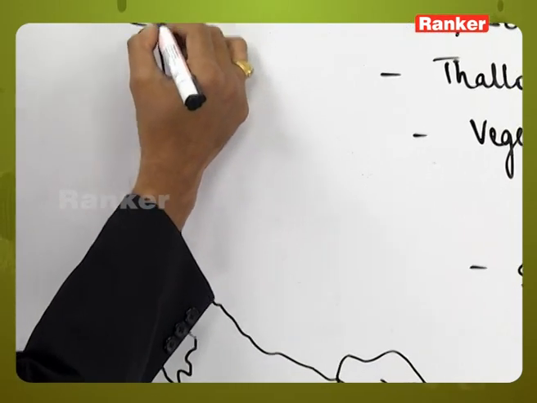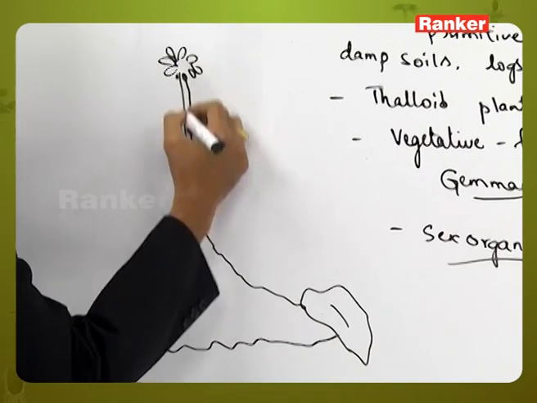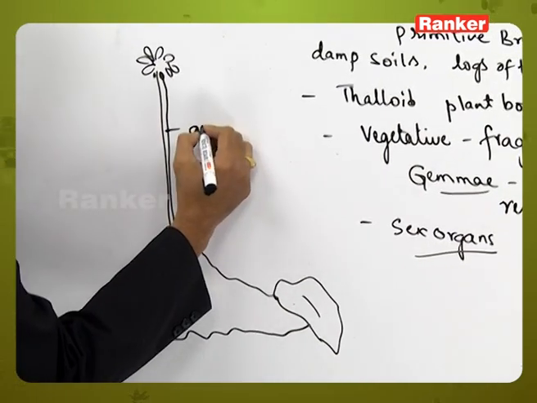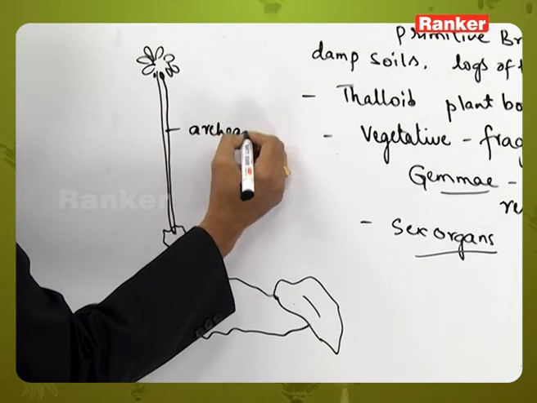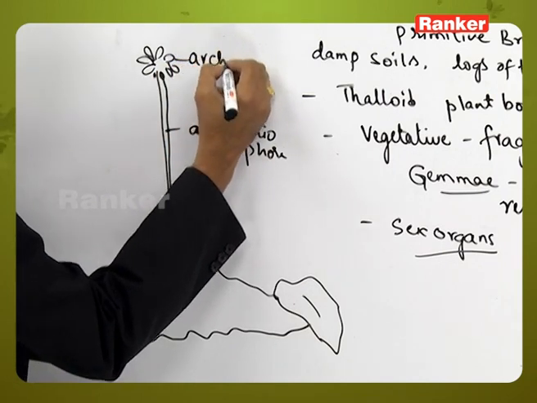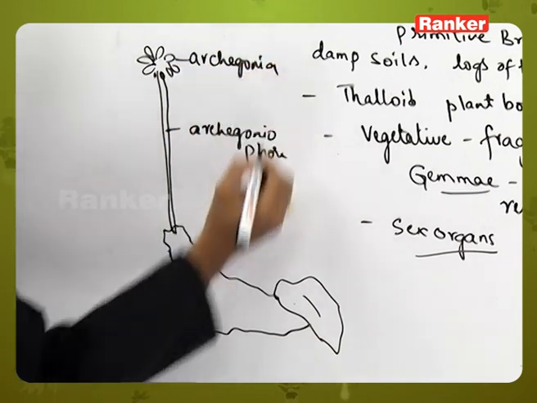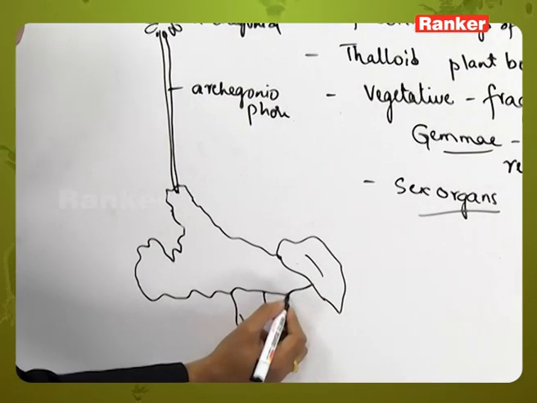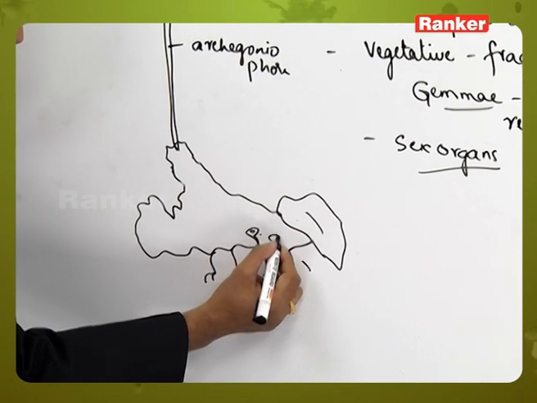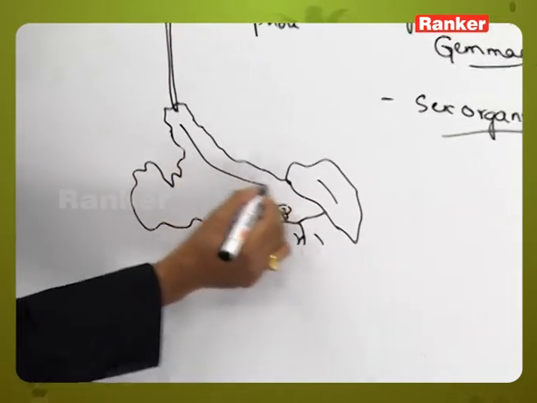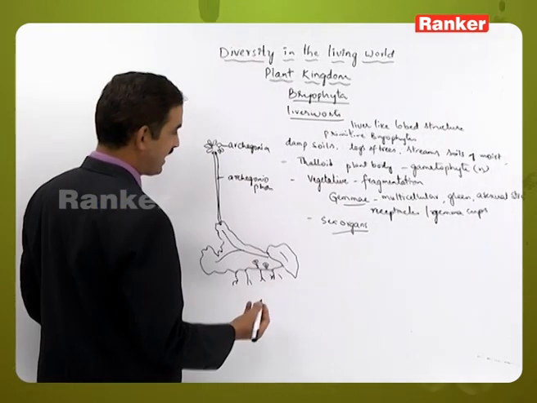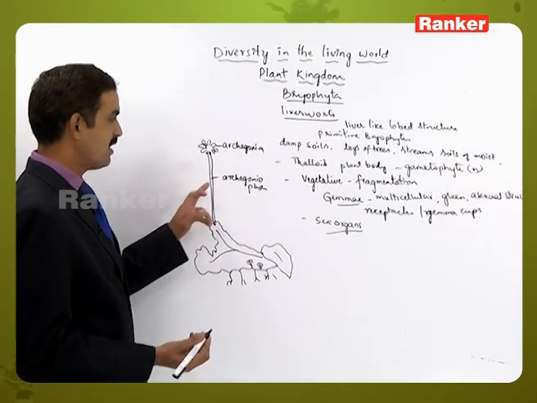having, this is called archegoniophore, which contains archegonia at its tip. And at the same time they have rhizoid-like structures at the base and gemma cups. Here this is a female prothallus, and a male prothallus is also there, exactly similar to that of the female prothallus,